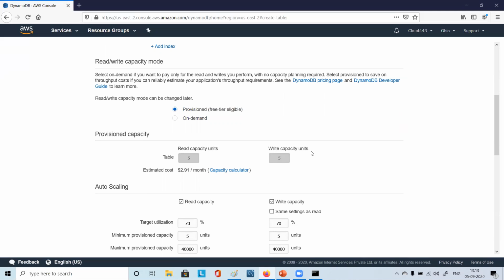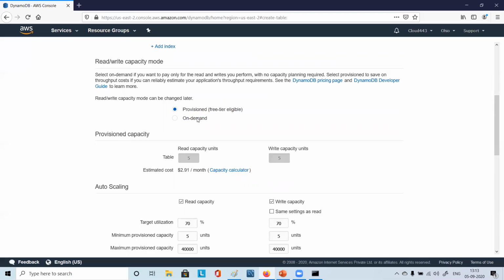So what happens is, you can see here free tier eligibility. This provisioned one is free tier eligible, right? Estimated cost $2.91 per month, with a capacity calculator.